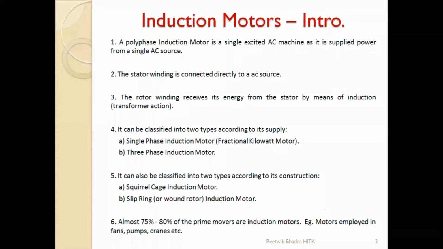Now, and again, your induction motor, according to the fifth point, can be classified according to its construction also. The rotor construction made for the induction motor is of two types. Stator remains the same. One is the squirrel cage motor and the other is the slip ring induction motor or wound rotor induction motor. I have made a comparison between the two. Later I will show you the pictures of these two. You can understand it, just an overview, how the squirrel cage induction motor is built. What is the internal construction?